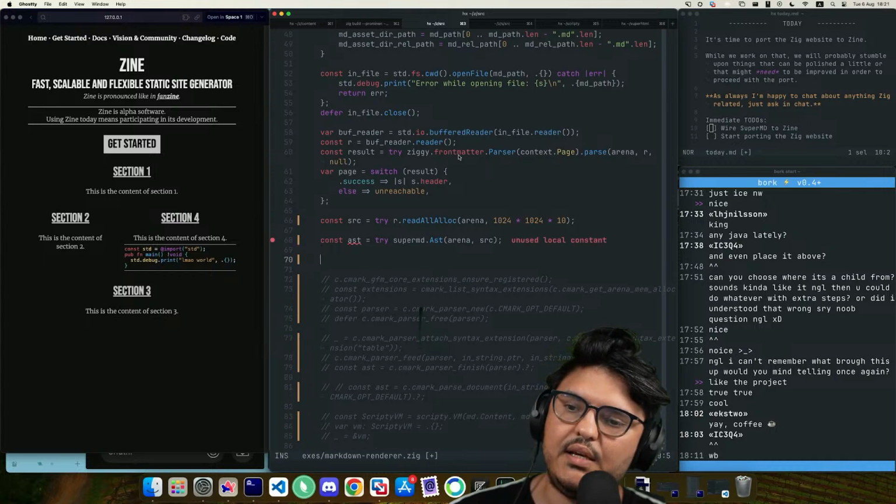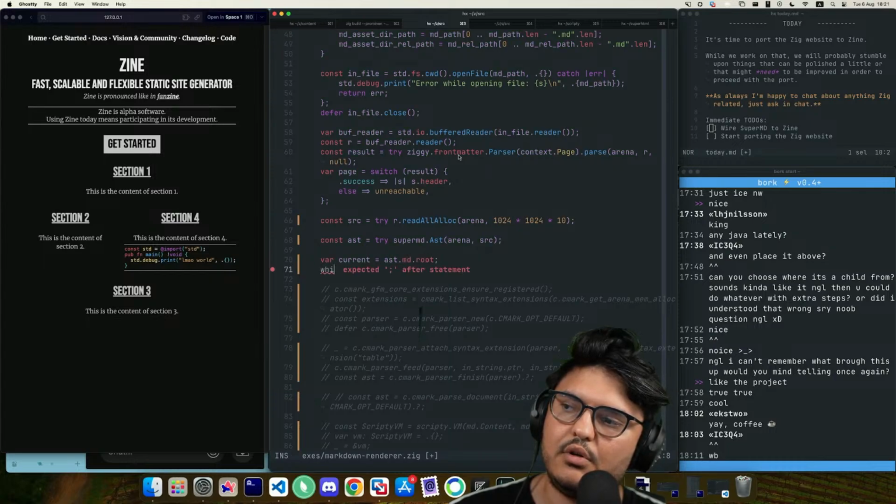So we build the AST, and then what we want to do is var current is ast.md.root, while current.next.